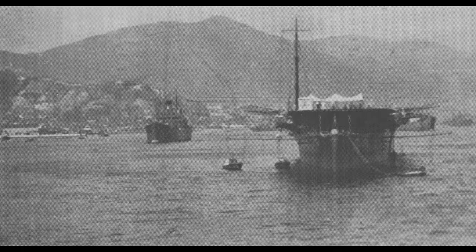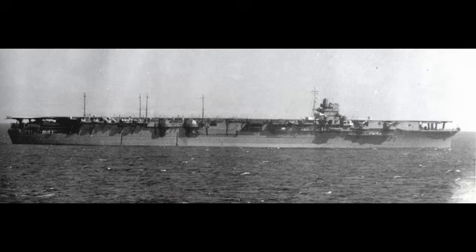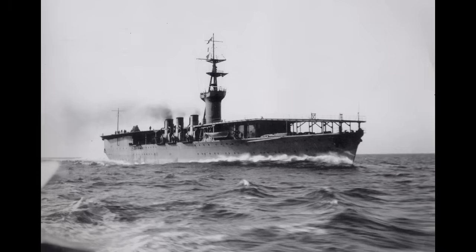The aircraft carriers of the Japanese Navy are a popular topic, from the massive Akagi and Kaga to the smaller Hiryu or Zuikaku. These are the ships that rampage through the Pacific from Pearl Harbor to the Indian Ocean,